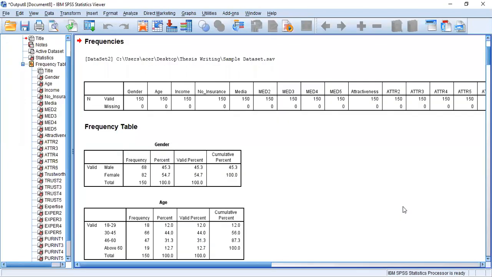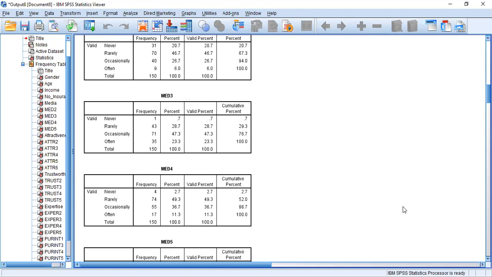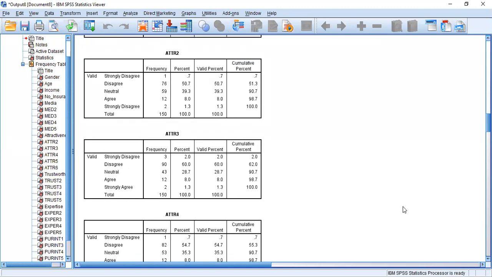Now you can see the frequency analysis result. By looking at each table, like gender and age, you want to make sure that you have entered everything without any missing values or out of range. Since I have already cleaned this data set, I don't have any missing values or entering errors. Likewise, you can make sure that your data set is clean.